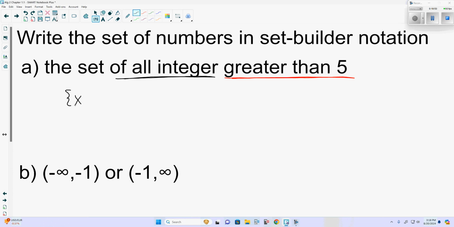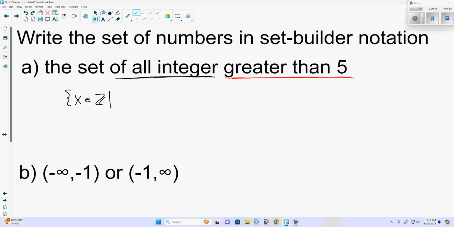Now, if they had said it was the set of all real numbers, we can move on, put the bar, and keep going, because brace x bar is the set of all real numbers. Now, if we're talking about integers, there are different ways we can do it, but one of them is we put our E, and then our symbol for integers, such that x is an element of the integers. Our values of x are elements of the integers, such that,